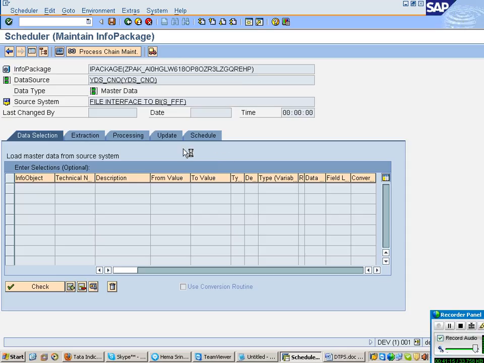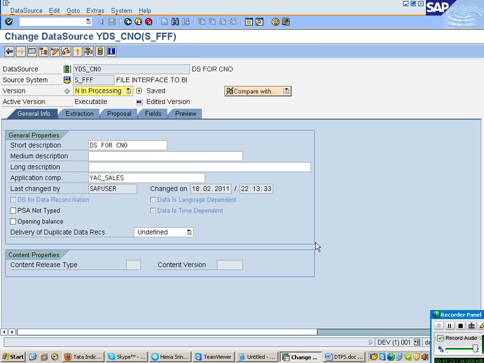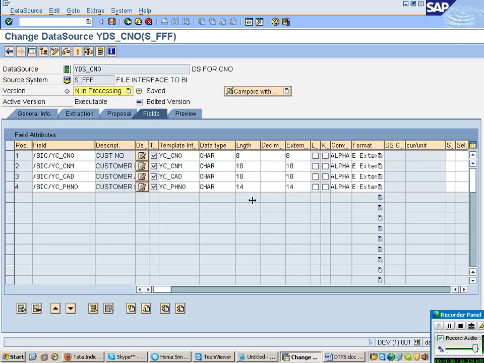Now I am going back to my data source. This is my data source. Click on change. Where am I going now? The fields tab. In the fields tab, I want to do the selective loading based on what? Based on my customer number. It may be customer number or it may be address, any field, right?